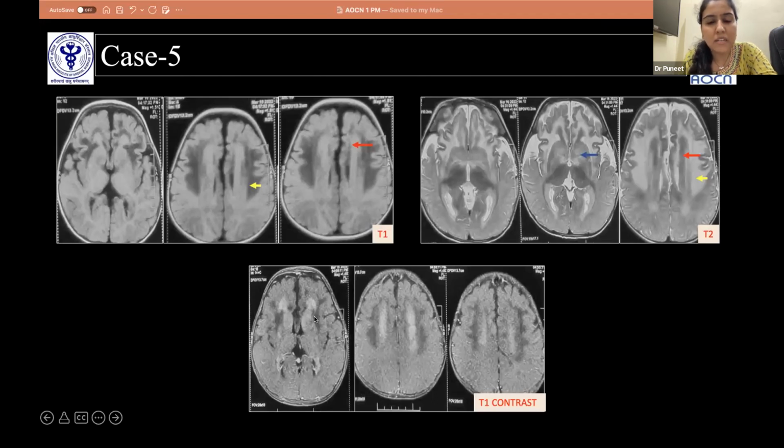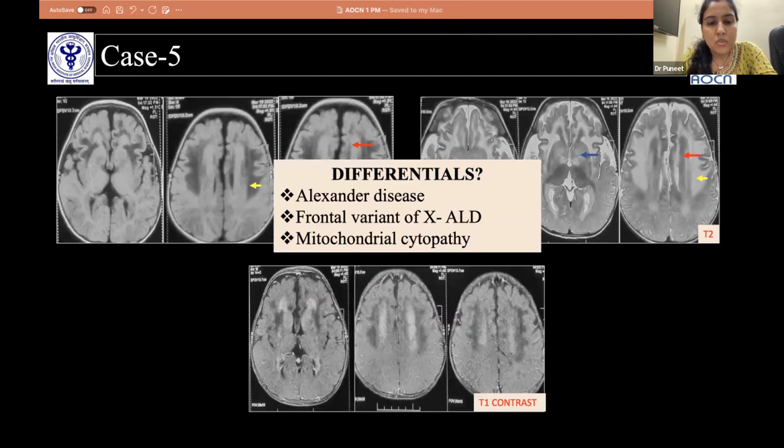So what can be our differentials? First differential would be Alexander disease. Second can be a frontal variant of XALD, considering the frontal predominant cerebral white matter involvement. And the third, mitochondrial cytopathy, as we can see contrast enhancement here. But clubbing both the clinical features suggestive of macrocephaly and the typical neuroimaging findings, we kept the possibility of Alexander